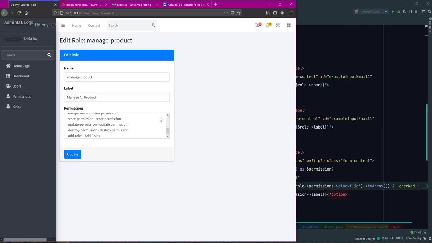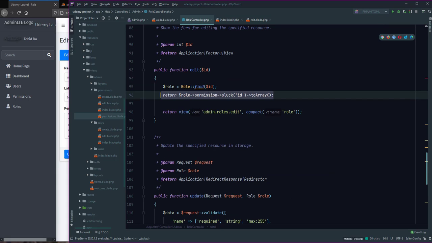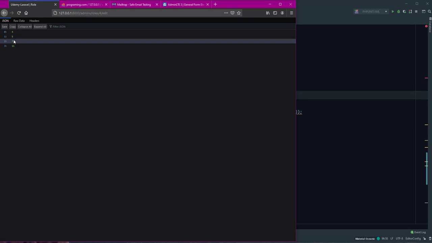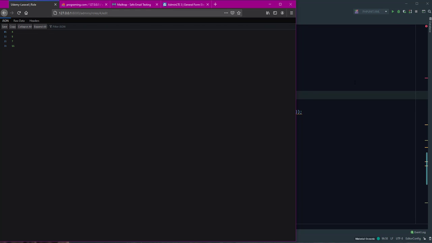Okay, it is working, and copy to check in return, and return this. Refresh 4 5 7 12. If permission role 11. Okay, it is working,